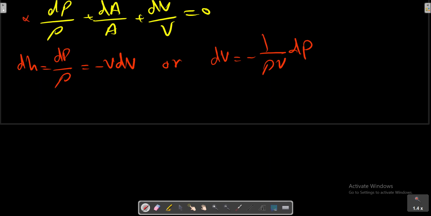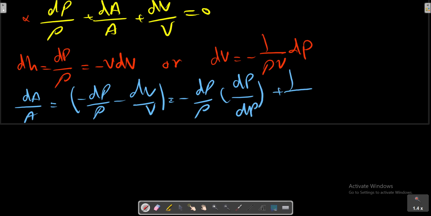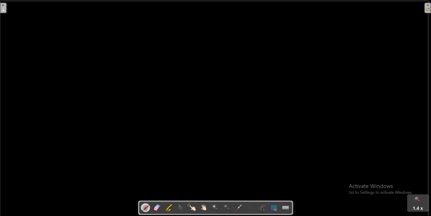Substituting into the last equation, dP, which is also equal to